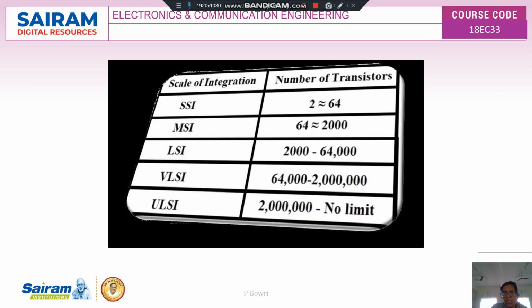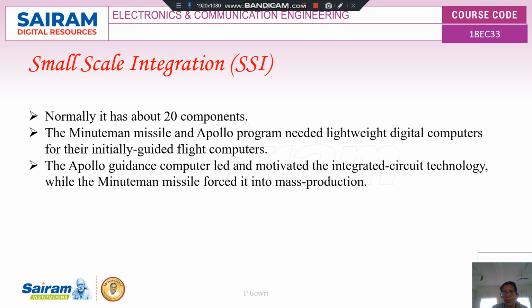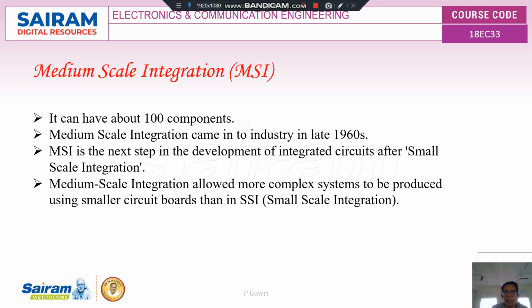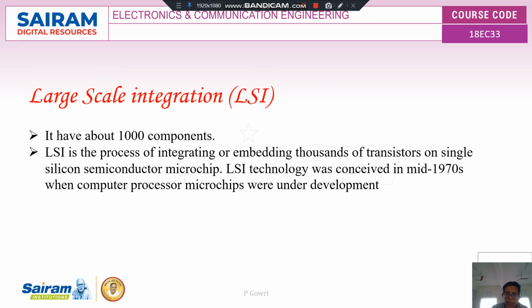Coming to the generations of integration, the first one is small scale integration, where the number of transistors used in the circuit is in terms of hundreds. Medium scale integration is around 64 to 2000. Large scale integration is around 60,000. Like this, we have very large scale integration as well as ultra large scale integration techniques. These various generations are nothing but the amount of transistors present during the corresponding